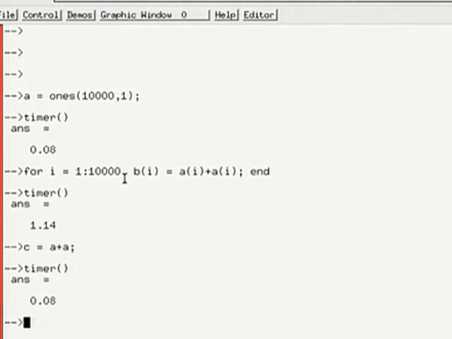But here, this same calculation, I'm doing it here. Do you see that? Here I'm adding two vectors as a vector calculation, whereas here I'm doing it one by one, I'm forcing it to go one by one. And it turns out that this time is 1.14. It's many times as compared to this time. So you have to use vector calculation whenever possible in Scilab, also in MATLAB.